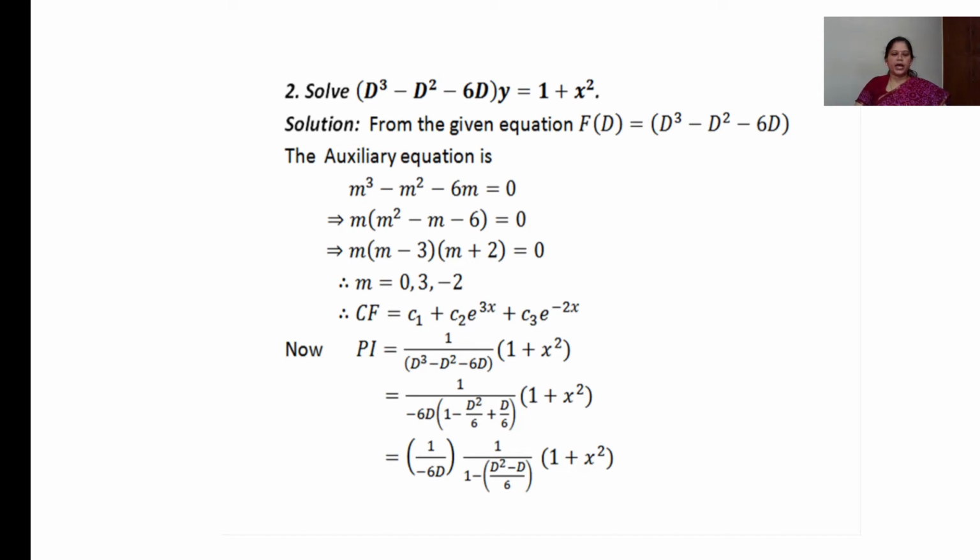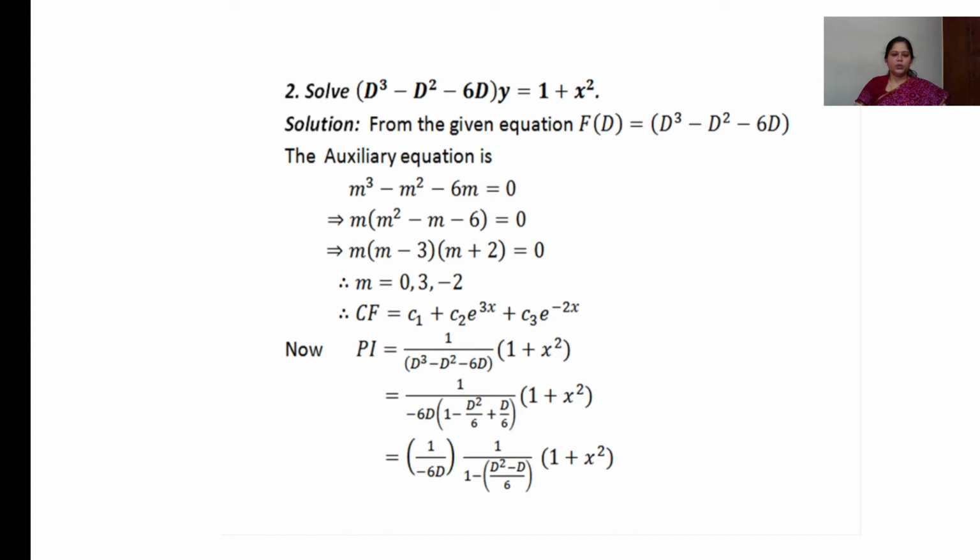Now we are going again for the factorization of m square minus m minus 6, and we'll get m into (m minus 3) into (m plus 2) is equal to 0. So now we got m is equal to 0, 3 and minus 2. We have three values here because the given equation is a cubic equation. Whenever a quadratic equation is there, we'll get only two roots for that equation. Here we have a cubic equation, that's why we got three values for m.